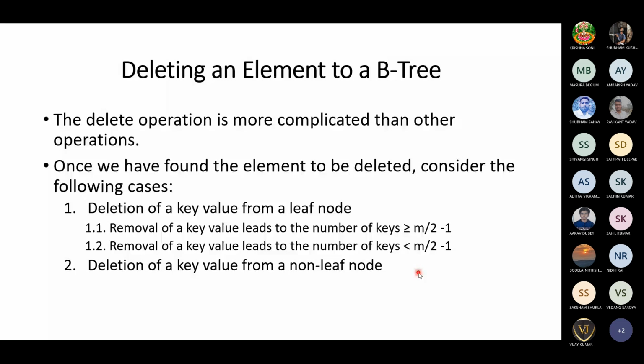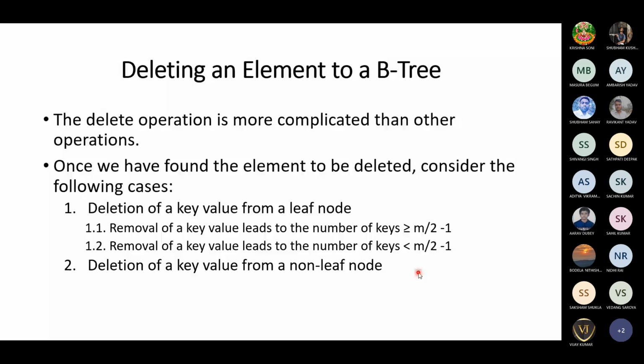That's what we discussed in binary search tree, like predecessor and successor. Deleting a leaf node is not a problem, but deleting an intermediate node, you have to replace appropriately. I hope you studied that. If not, please go through it and study it. If you have any doubts, you ask in the next class.